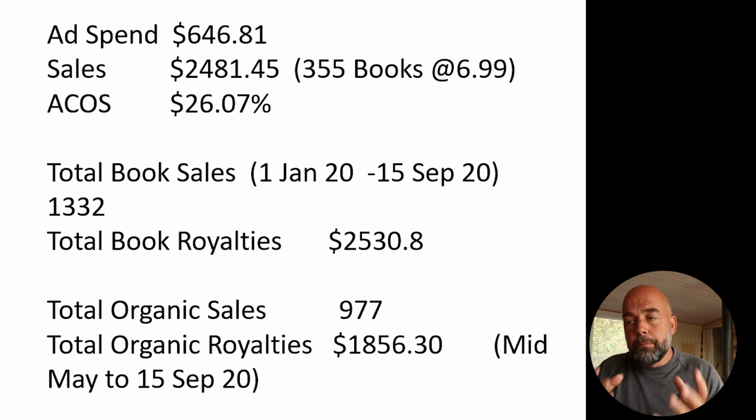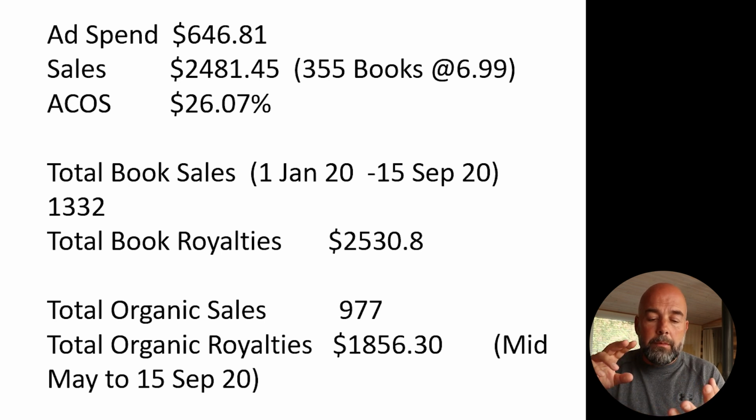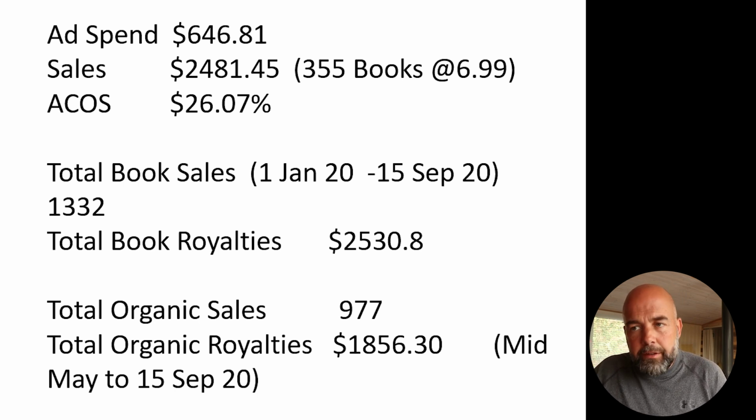So my total book royalties, that's for everything, for books being sold organically and via the ads, was $2,530.80. So if we take away the number of books we sold with ads, which is 355, from the total book sales, 1,332, we can see that